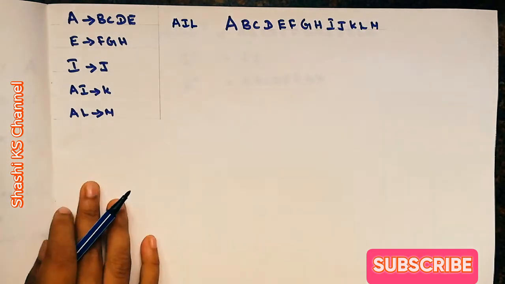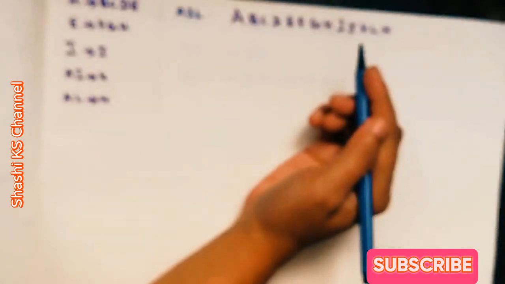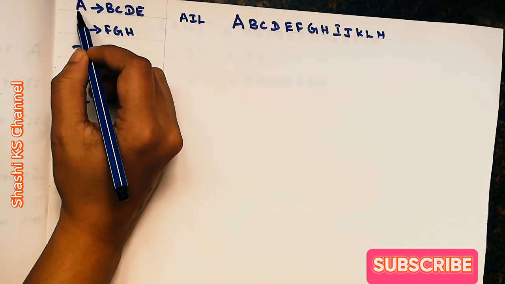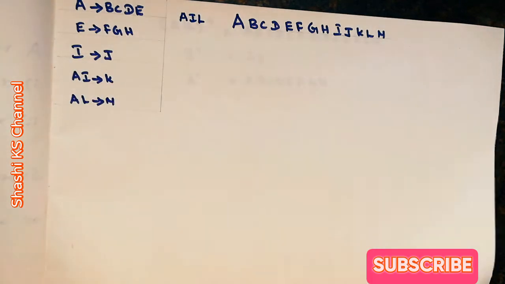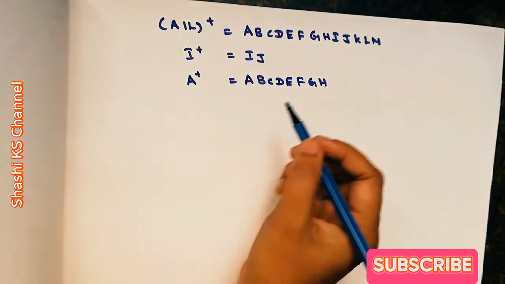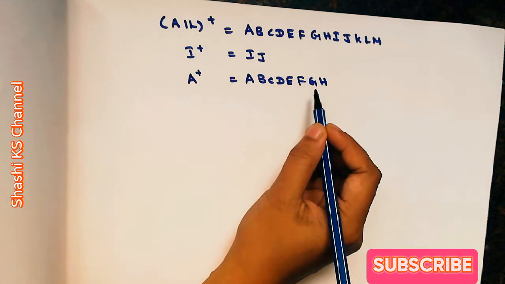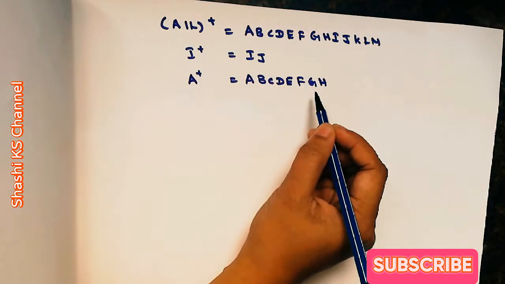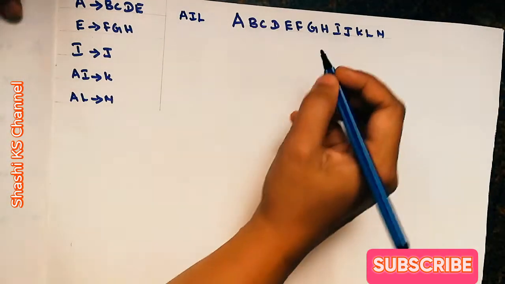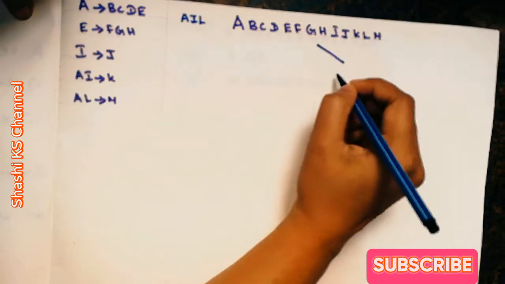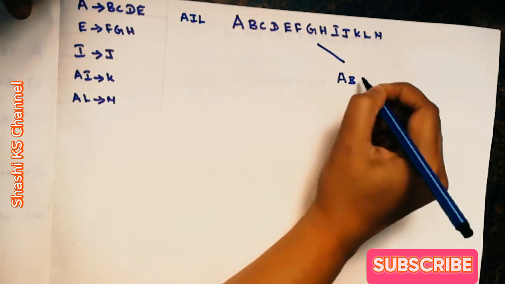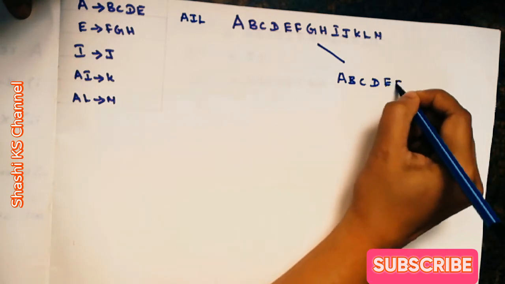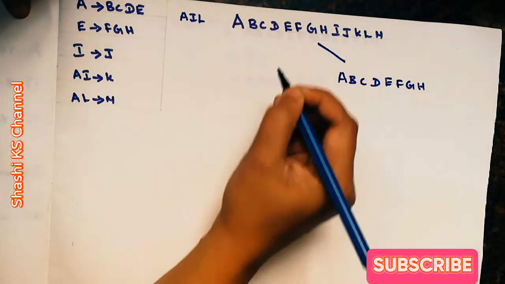Write it down as one of the decomposed relations. What is that? Find out the closure of the left hand side, and whatever you get in the closure, when I apply closure to A, I'll be getting A, B, C, D, E, F, G, H. Write all this as one of the decomposed relation attributes: A, B, C, D, E, F, G, H. So now I decompose this relation. A, B, C, D, E, F, G, H is one of my decomposed relations.